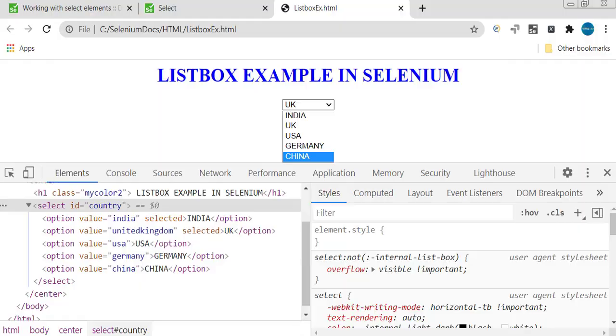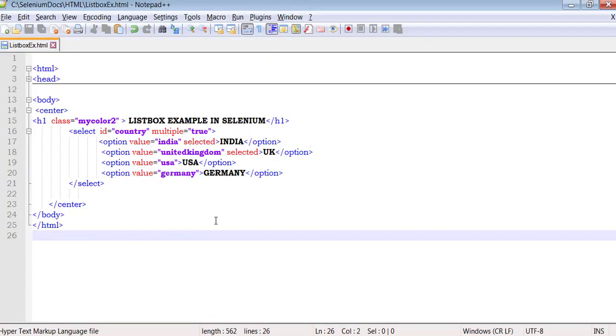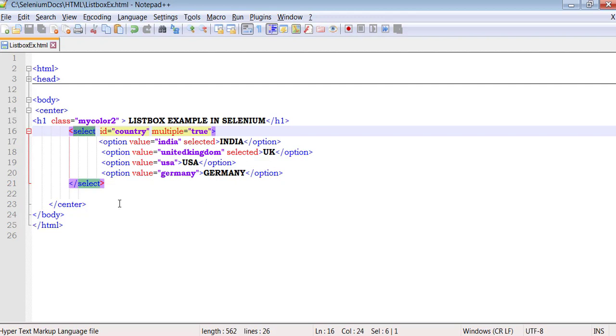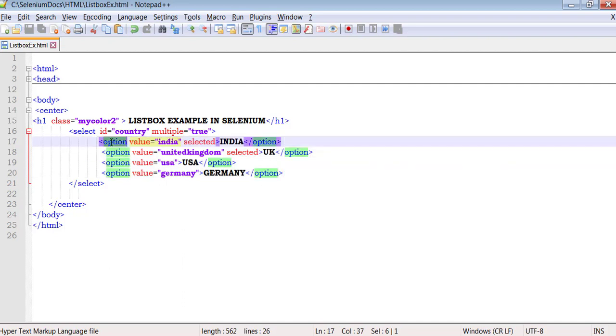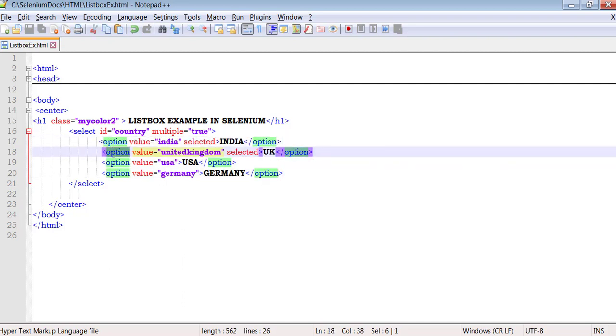If you look into the example, in this HTML source code, we have a select tag where we give ID equal to country. The select has the ID value country and we have multiple options here, a total of 4 options: option 1, option 2, option 3, option 4.